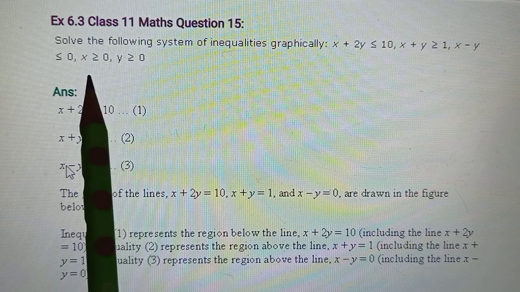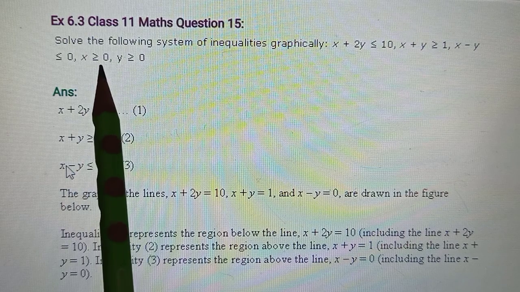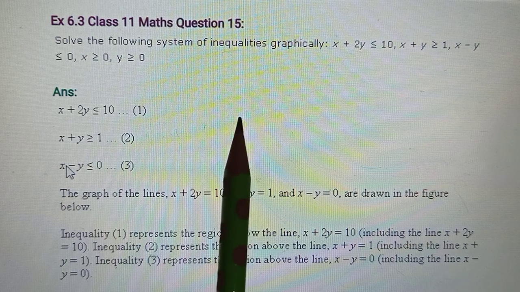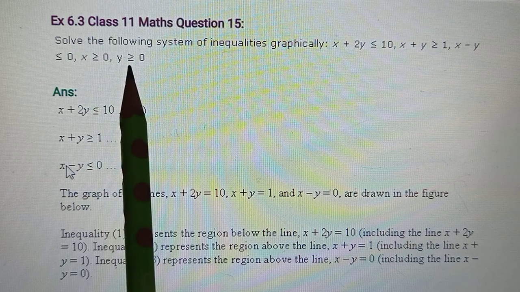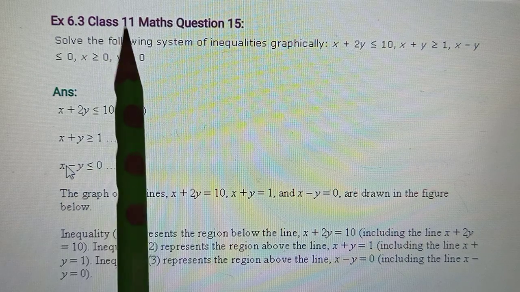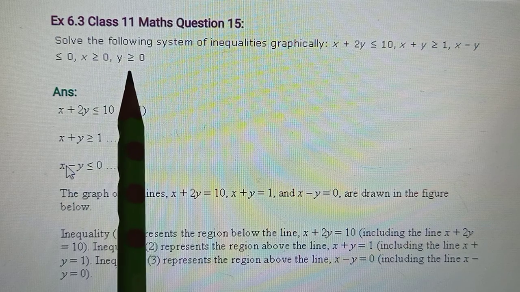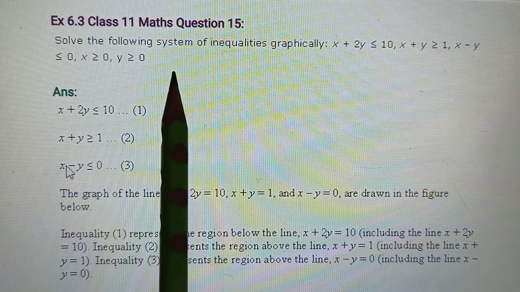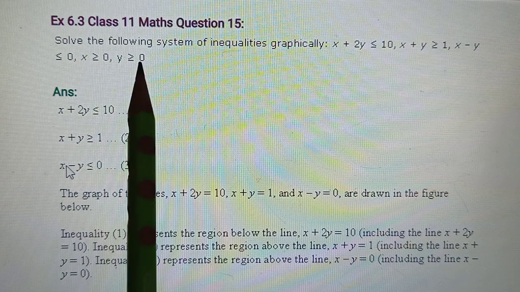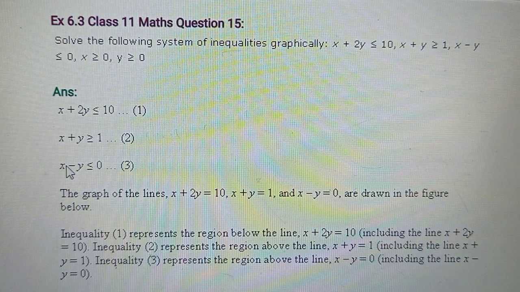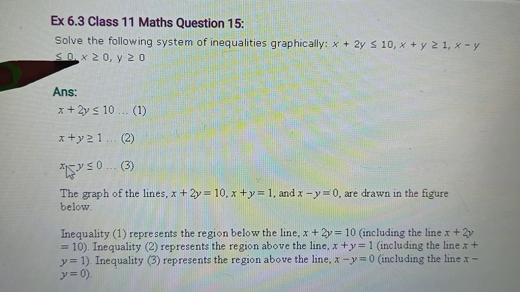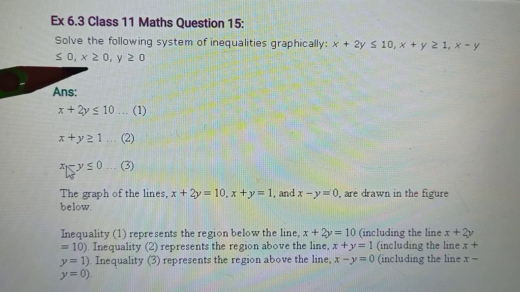So as soon as I say this, x and y are both positive. X is greater than 0, y-axis, so to the right side of the y-axis. Y is greater than 0, y is equal to 0 is the x-axis, and y is greater than 0 means above the x-axis. So as soon as you see these two, x is greater than or equal to 0, y is greater than or equal to 0, we restrict ourselves to the first quadrant. This directly means our solution will lie in the first quadrant, because in the first quadrant only we have x and y both positive. Okay, for next year this would be important. You'll get inequalities of this kind in questions there, where these two non-negative constraints come necessarily.